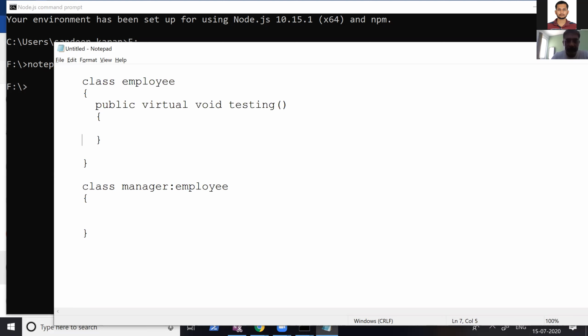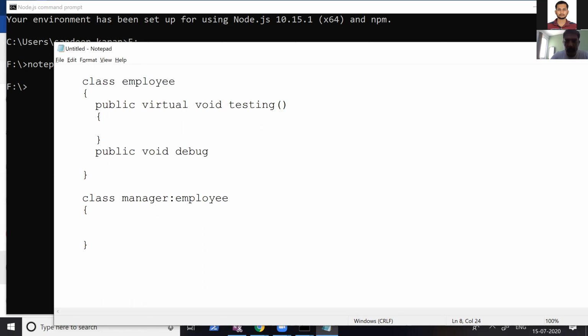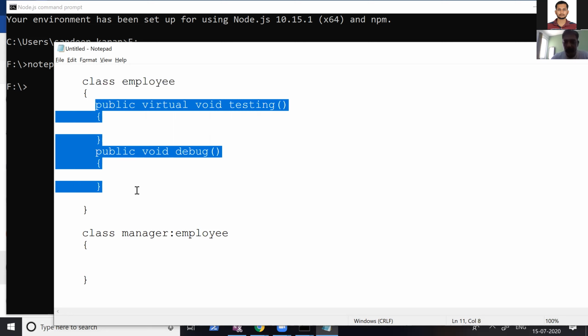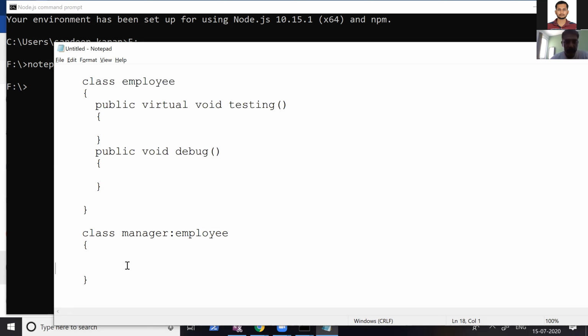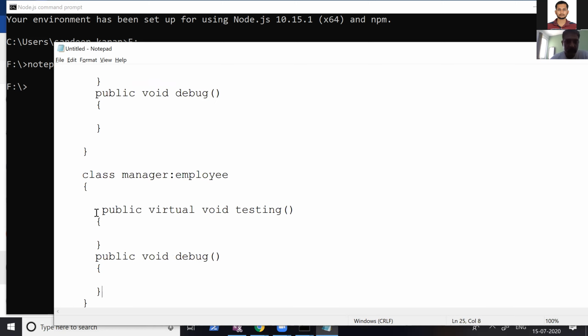So let me have one more function, not declared with virtual. Void debug. Copy and paste both functions and give a function name called deployment.